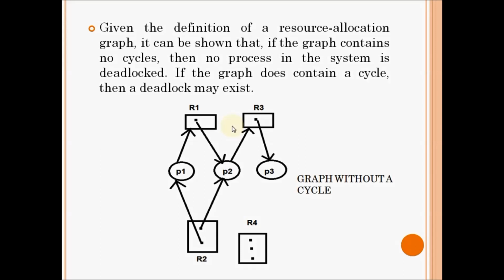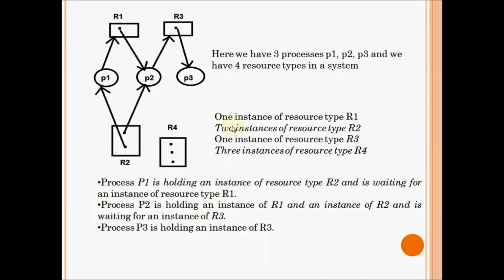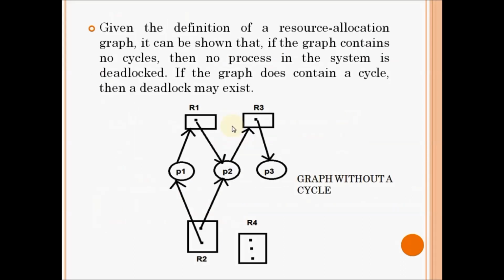I will explain that thing. Very simple. So now you know what is a resource allocation graph. In a resource allocation graph, if there is a cycle, then two chances are possible. If there is a cycle, deadlock may be present, or deadlock may not be present. Even if a cycle is there, deadlock may not be present. But if there is no cycle, obviously no deadlock in the system. You can see here, this is the example of a graph without a cycle. So without a cycle means there is no deadlock here.